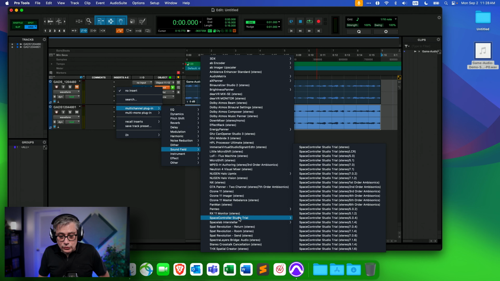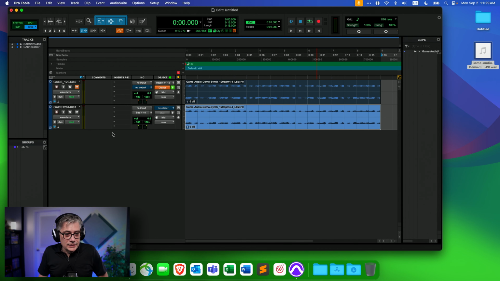Now we are going to use the version of Space Controller that corresponds to the track that I'm producing. I have it on a 7.1.2 bed track, so I'm going to select stereo to 7.1.2. If you, like Cold Gabaroon, for example, have a 9.1.4 studio, you would select 9.1.4. But once again, for demonstration purposes, I'm using 7.1.2 here. And that will load the Space Controller plugin.